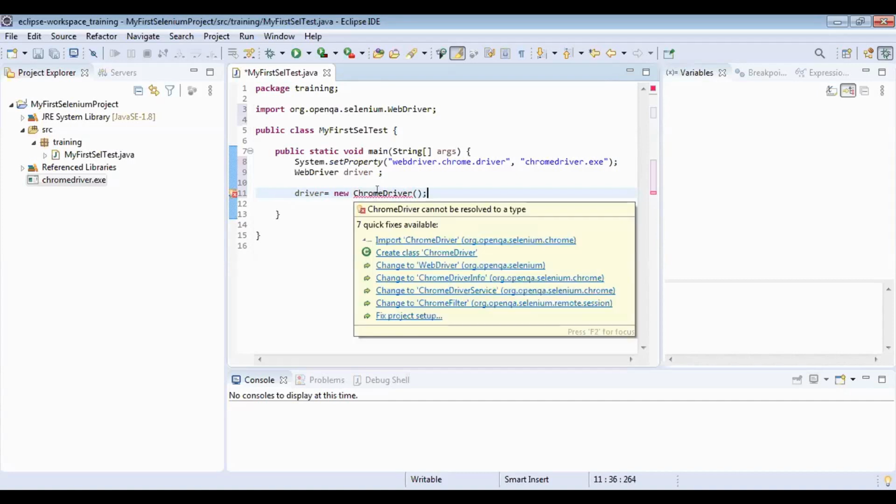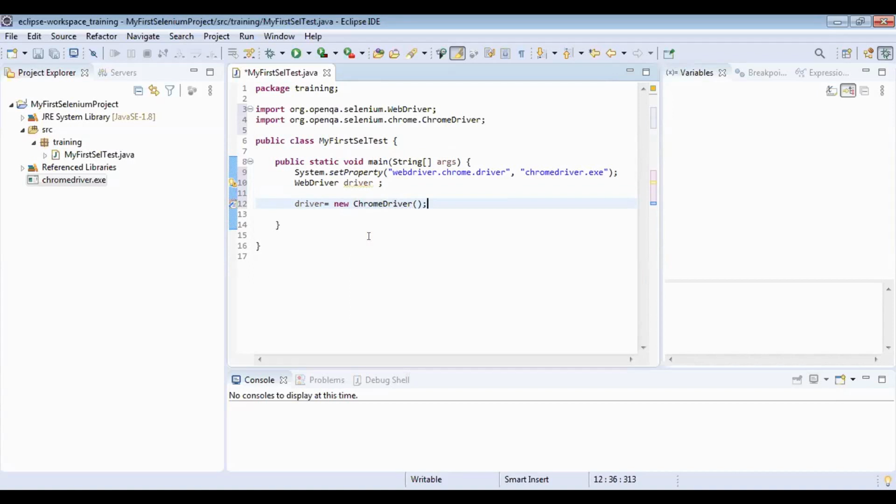So to launch the browser, as we discussed, the first action is to launch the browser. To launch the browser here in Selenium, we need to create an instance of the WebDriver, or create an object of the WebDriver. So let me mention here the step: create instance of Chrome driver.